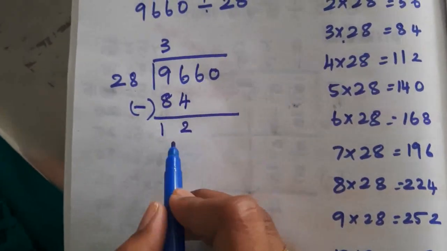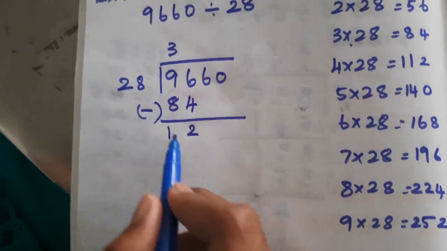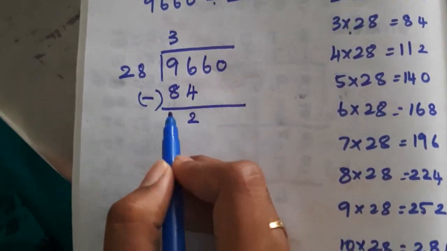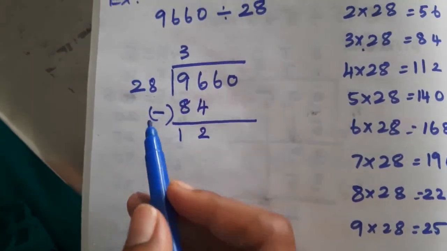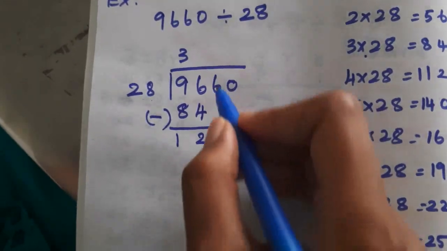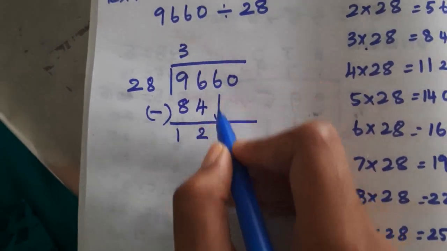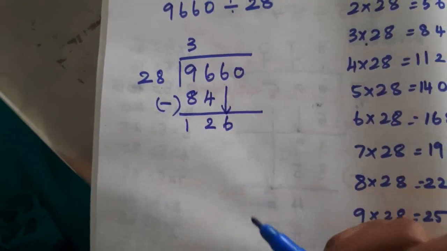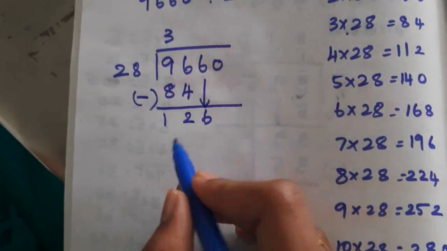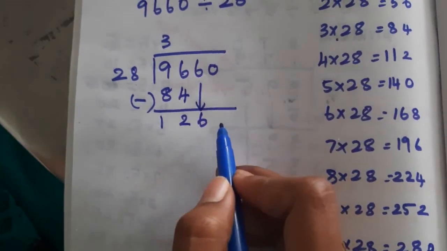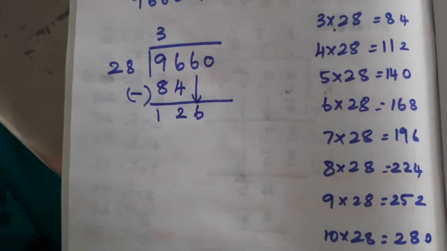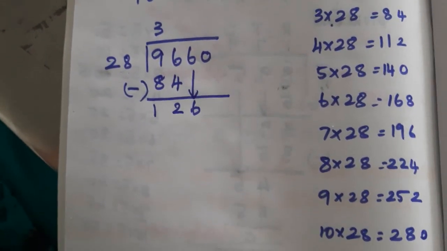Okay. So now you see this, compare the divisor and the dividend. 28 and 12. Compare those numbers, which is greater? It's the divisor. If the divisor is greater, that time you have to get one number from the dividend side. You have to get down that number. So always the dividend only is greater, because we are using the subtraction process. So the dividend is always greater while you compare with the divisor.